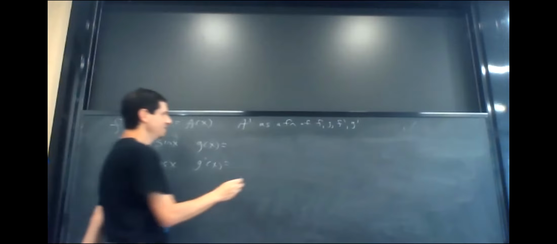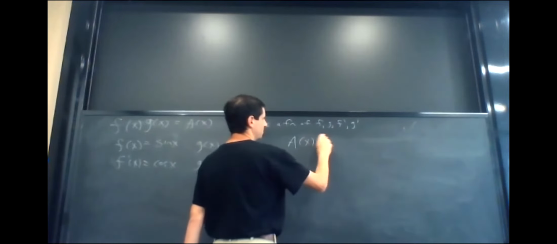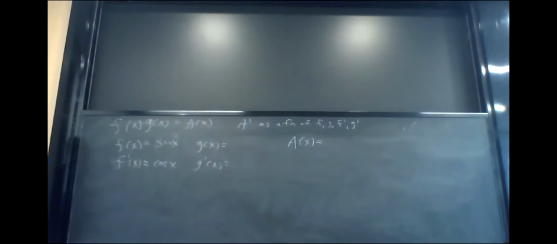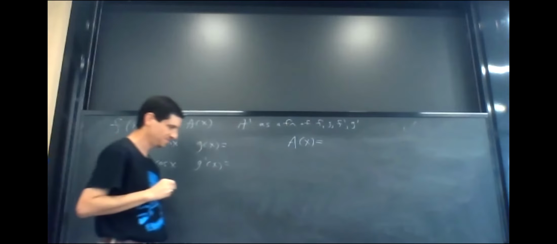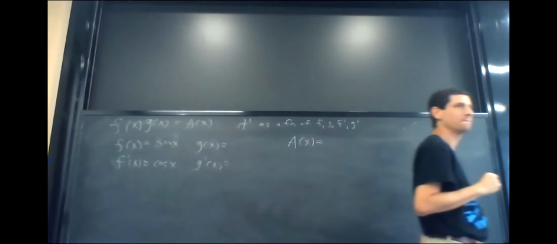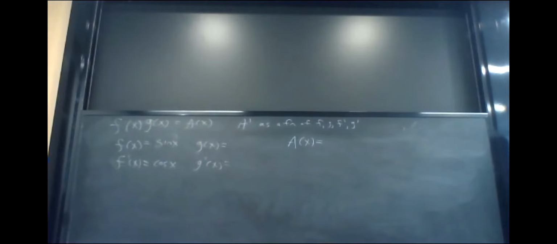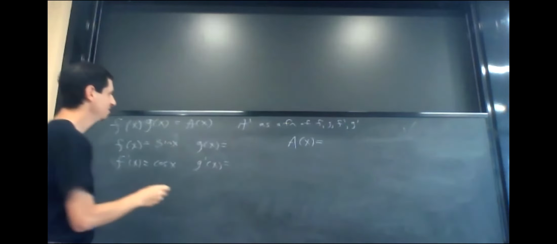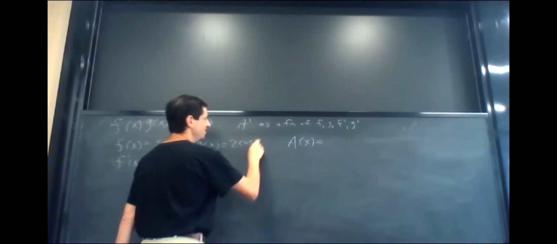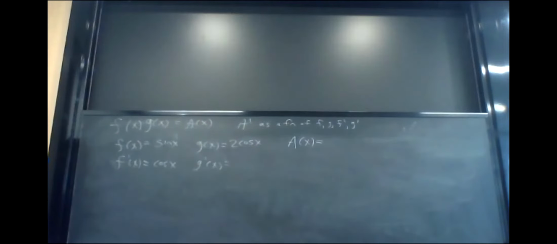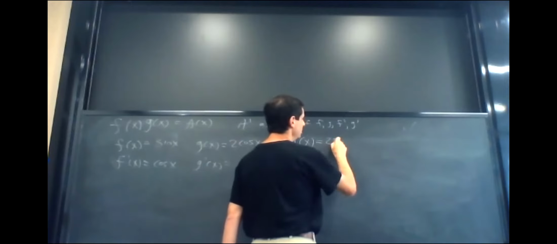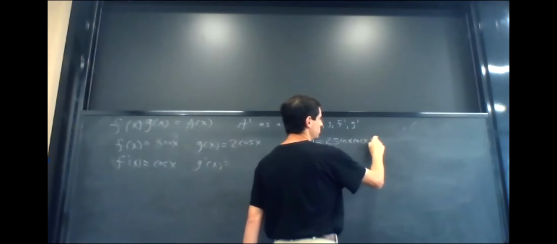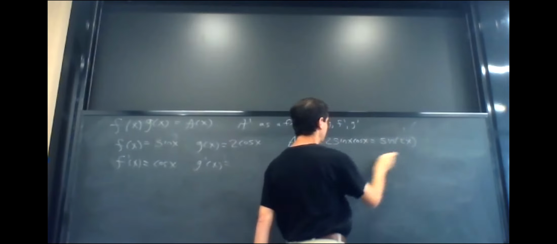I need to multiply this by a function such that I will know the derivative of the product. There is a choice, 1 over sine of x. So what can I multiply sine by and have the product being something that I know? And again, this is all about pattern recognition. Oh, 2 cosine. Yeah, 2 cosine. So I'm glad that you put in the 2. It's going to make my life a lot easier. Because if you put in 2 cosine, now you get 2 sine x cosine x, which is sine of 2x.